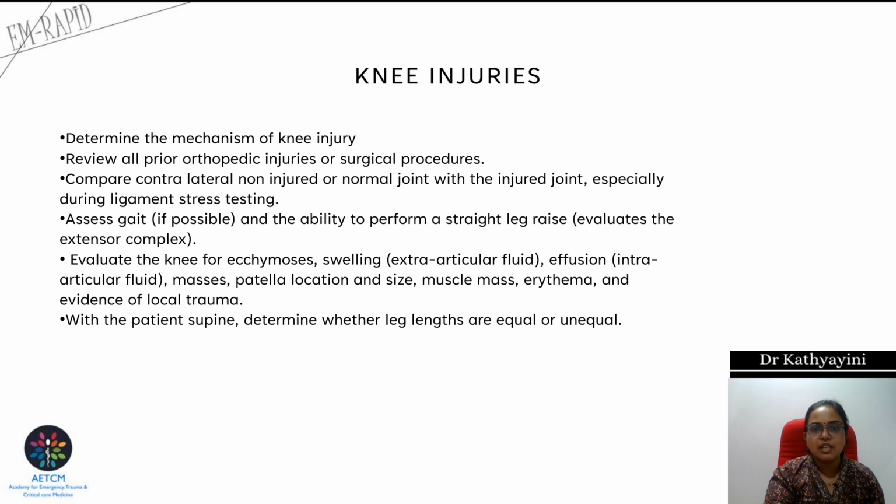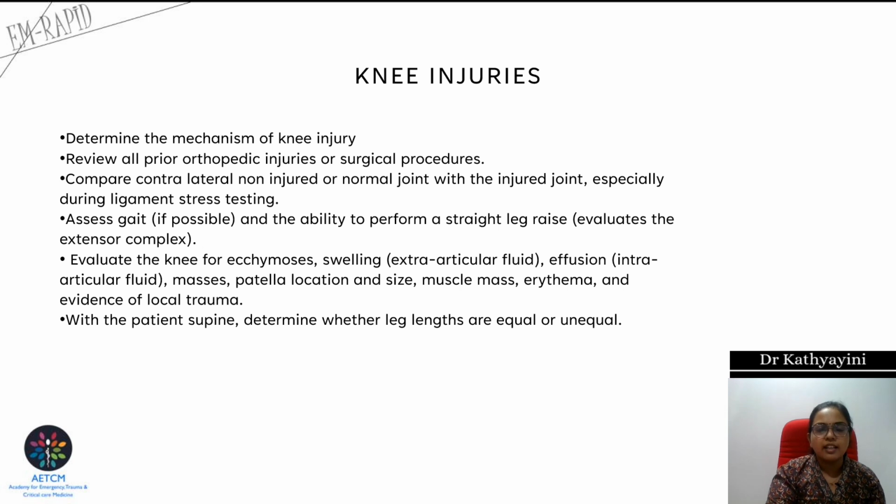So coming to the knee injuries, what we have to keep in mind while examining or taking the history of knee injuries. We have to determine the mechanism of the knee injury and any history of prior orthopedic or surgical procedures. Then while examining, we have to compare with the contralateral normal joint. Always compare it with the other normal joint, and also while doing all the ligament and stress tests, compare with the contralateral